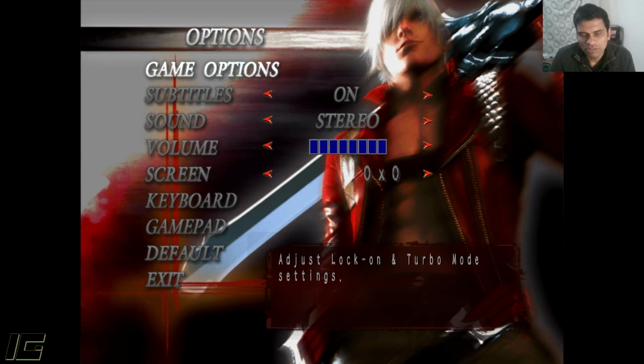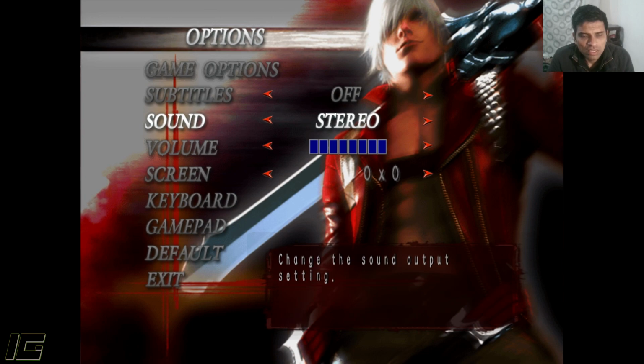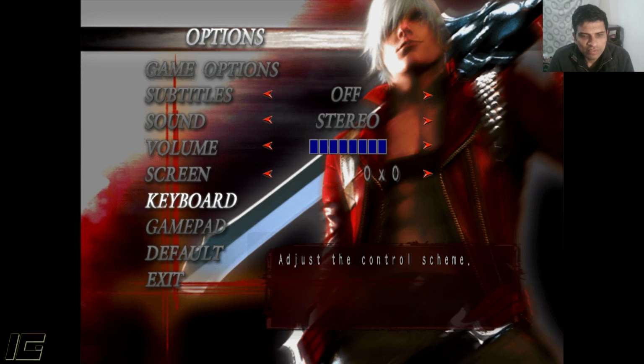This one is the original version. We have game options, and we have the option to turn on or off the subtitles. By the way, I'm not using the style switcher mode here just to show off the default setting of the game, because once you are using the style switcher, all these options change and you cannot turn on or turn off the subtitles from the options. So we have the subtitles option here. I will turn them off, and we have sound settings, volume settings, screen settings, and then we have keyboard and